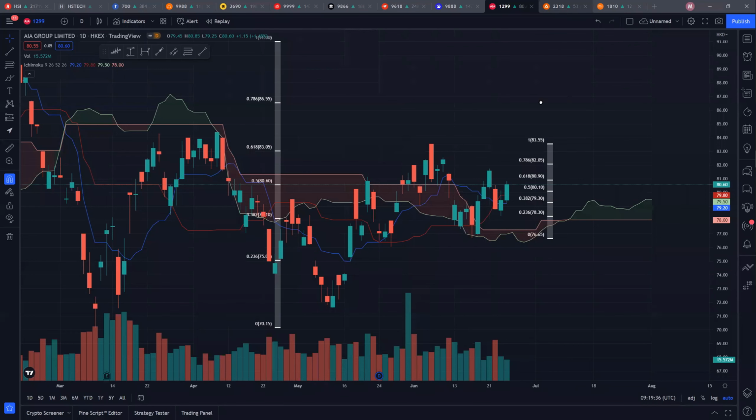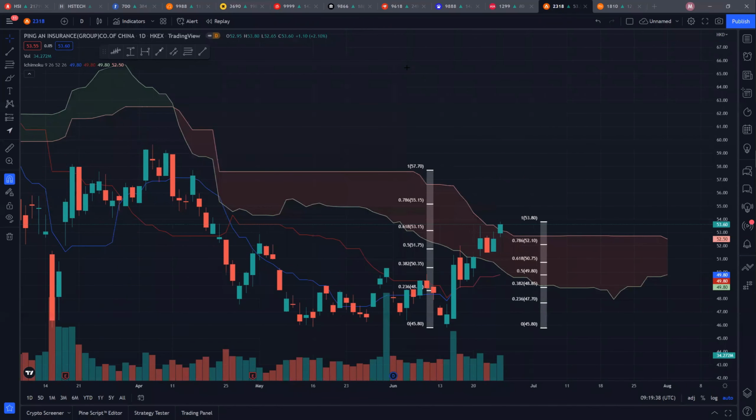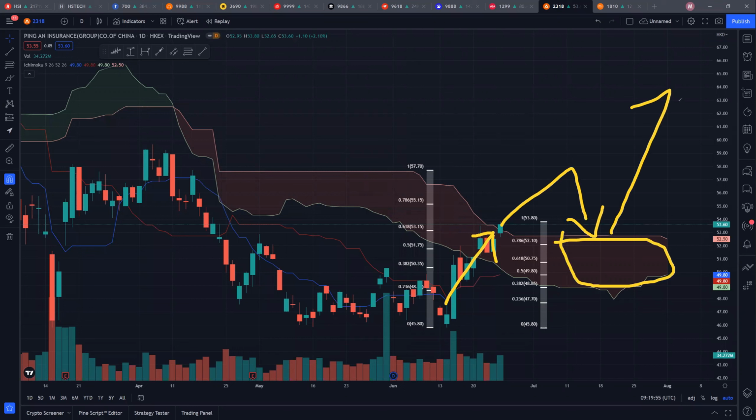Let's move on to PingAn. So PingAn was in fact pretty impressive. While we found some struggles in the cloud, we actually managed to break out, and we are starting to break out above the cloud levels. So we will continue to see if we are able to successfully maintain above this cloud level, and hopefully on the way down, the cloud will act as a pretty good support before we can continue to trend back up